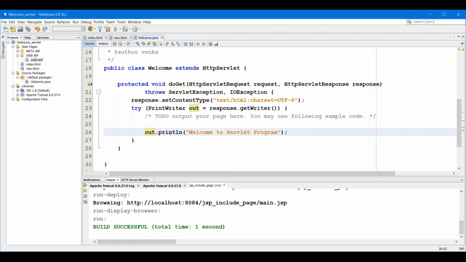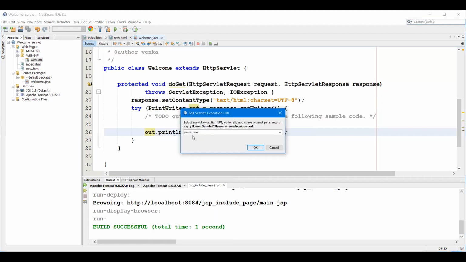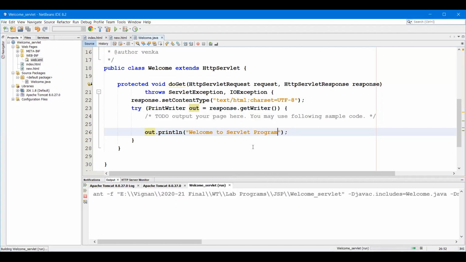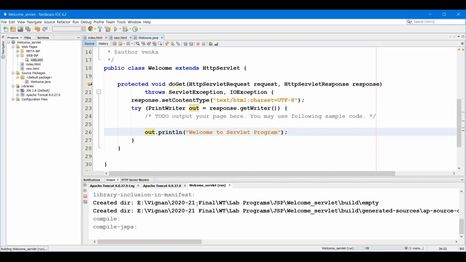Then to run this particular servlet program, to check whether it is running correctly or not, right click and run file. It will give some URL to run. Just click OK. See, it is running.